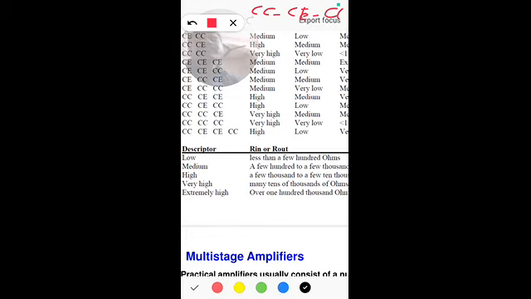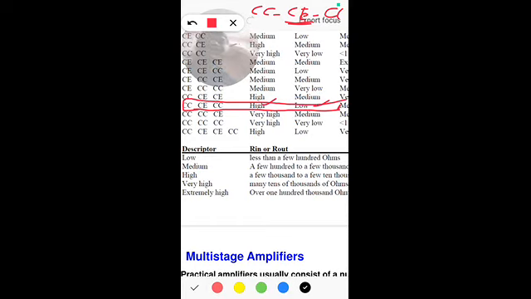So with this configuration, CC in the input stage, we have high input impedance, and CC at the output stage we have very low output impedance, and we have only one voltage gain that is possible with the CE, so the voltage gain is medium. So with this configuration,